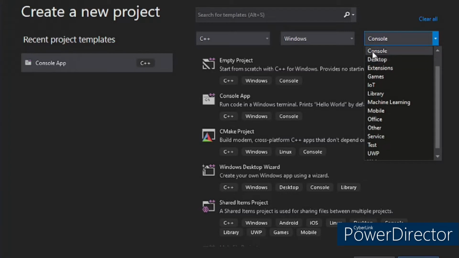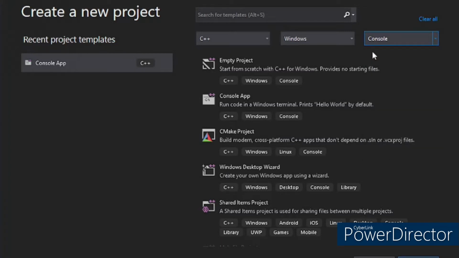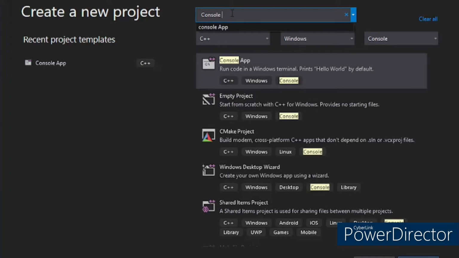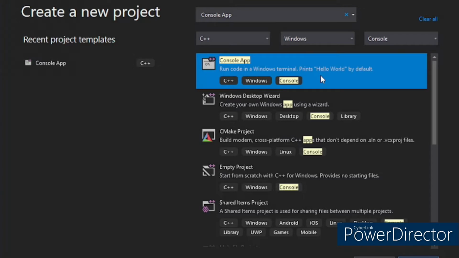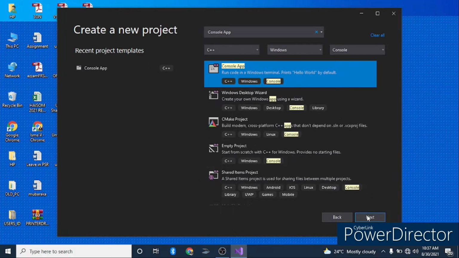In this case, I'm selecting console. You can also use this search bar by writing console app. As you can see, this is console app with C++ as the language, Windows as the platform, and console as the project type. Just click or select this template and click on this next button,